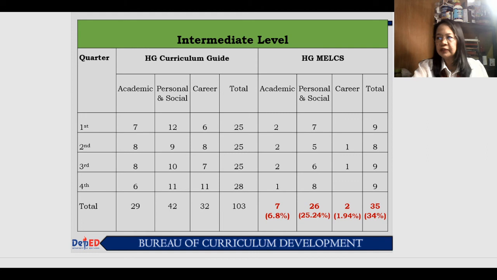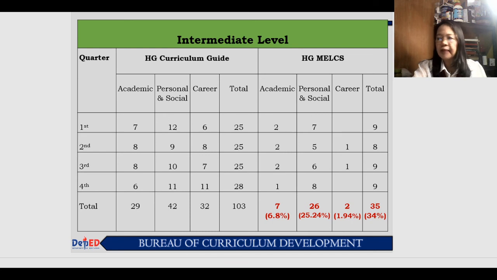For the fourth quarter, there are 28 learning competency and there are 9 MELCs. So there are a total of 35 MELCs for the intermediate level, which are 34% of the learning competency from curriculum guide. So this comprises 25.24% or 26 MELCs from personal social, which shows that our learners will be